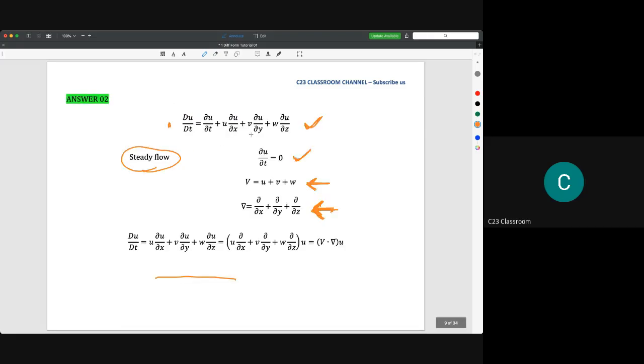So what we do is, because u plus v plus w is the value of V, we could have V here. So and then the term of ∂/∂x, ∂/∂y, and ∂/∂z is actually similar to nabla. So nabla will become here, and the u here we bring out from the bracket, so we have the small u here. So this is just the pembuktian. So we try to prove that